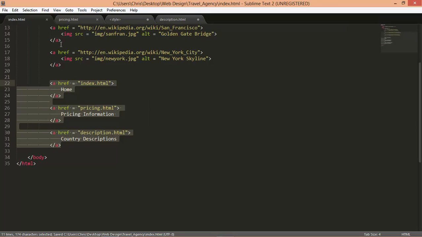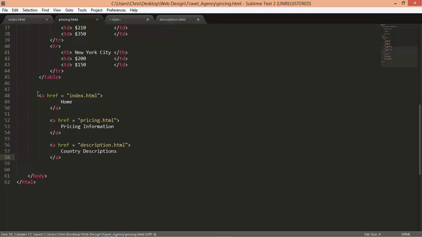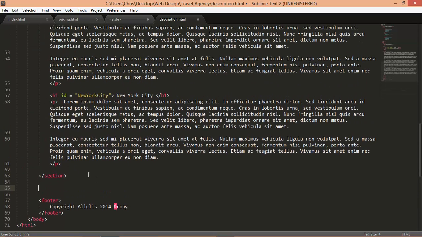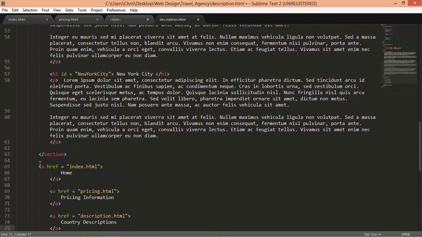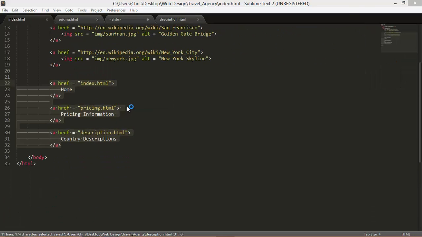We'll save it. Let's put these in all the pages, at the bottom of all of them. Put the bottom description as well. Alright, so once these are all saved,